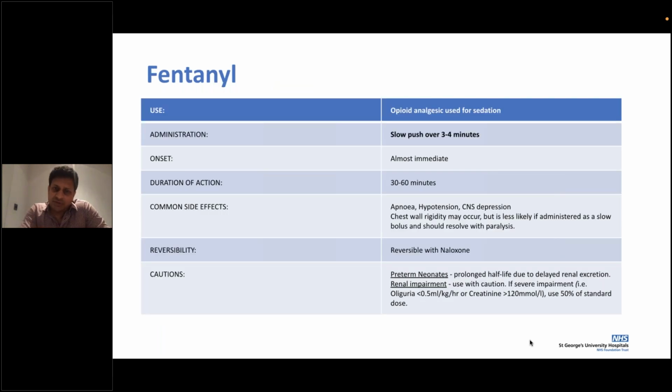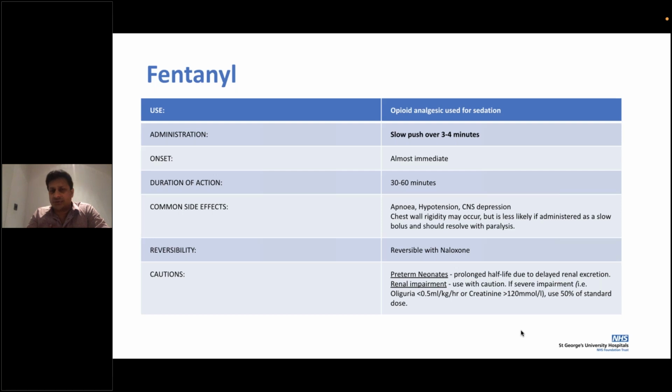So how does fentanyl work? It's given as a slow push. It's always important, before you prep, when you make the decision about intubation, that you have a working intravenous cannula. If you feel that the emergency IV cannula is not working, and if there is a long line, that also can be used. The only difference is that the nurses prepare the medication in an aseptic, sterile manner, so that it can be administered through the long line.